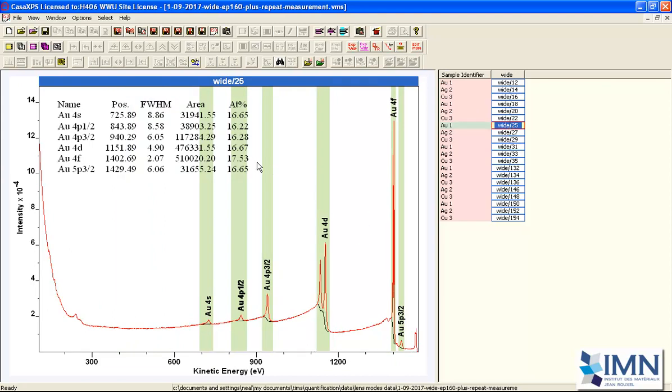The only one that shows a real deviation is perhaps the gold 4f, but that's a very intense peak and difficult to define what the background should look like. But generally they have been scaled by these Scofield cross-sections, escape depth corrected, and produced comparable intensities over this range